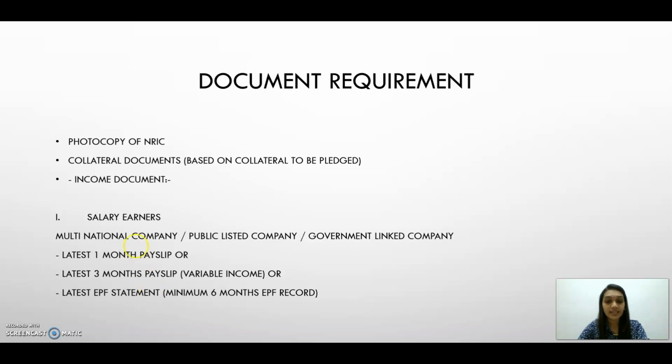The first thing is a photocopy of NRIC, which is known as IC photocopy. Next is collateral documents, based on the collateral to be pledged, and income documents. There are a few income documents. First is for those who are salary earners, multinational companies, public listed company or government linked company. They need latest 1 month payslip or latest 3 months payslips or latest EPF statements with minimum of 6 months